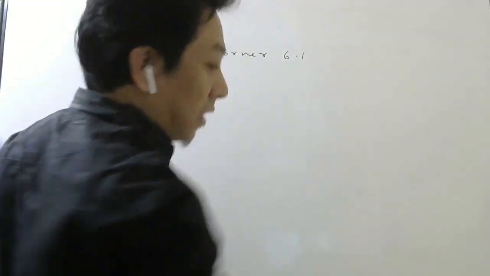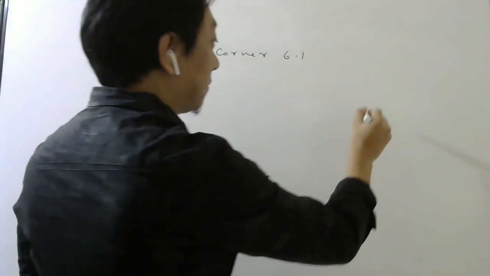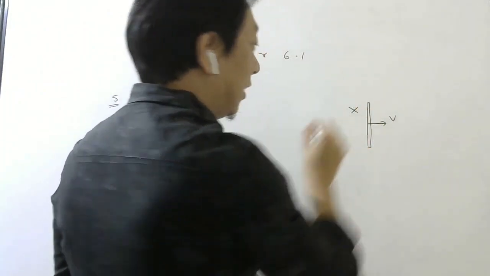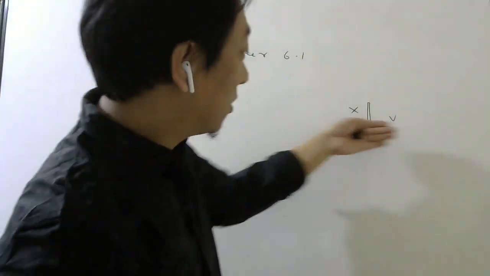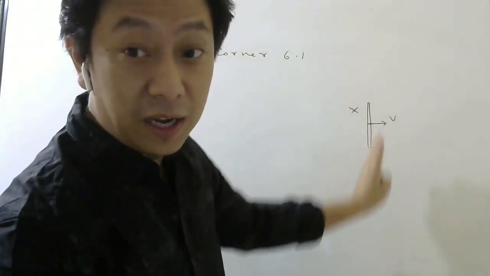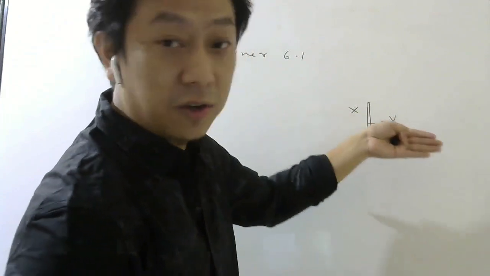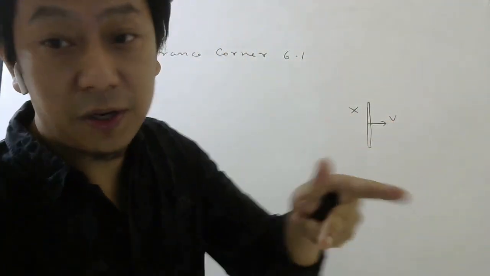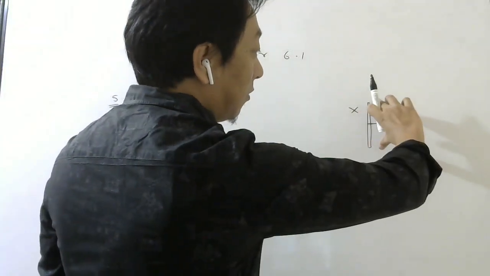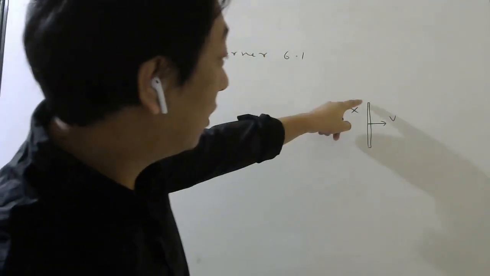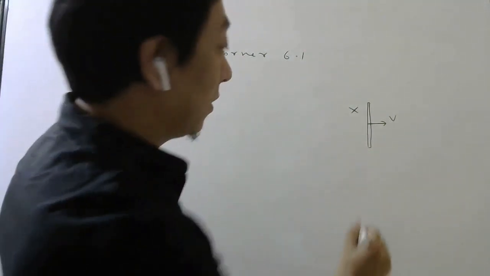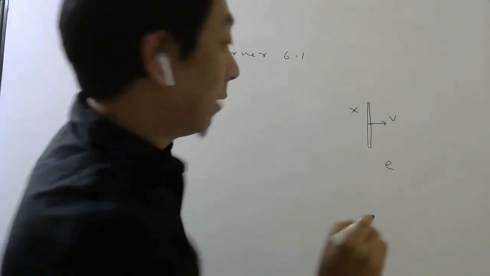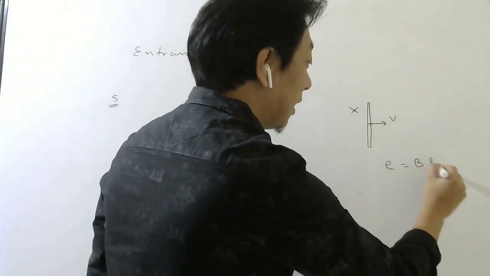And then we learned that if a rod, straight conductor, is moving in a magnetic field, okay, such that velocity is perpendicular to the length, and the length and the velocity are perpendicular to magnetic field. So these three are mutually perpendicular. Then there will be EMF, potential difference, developed across the ends of the rod, and that is given by motional EMF, which is equal to BLV.